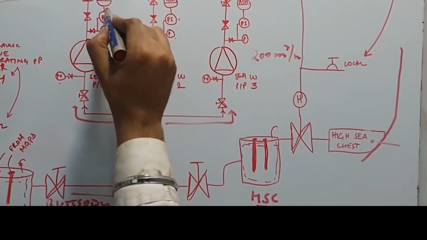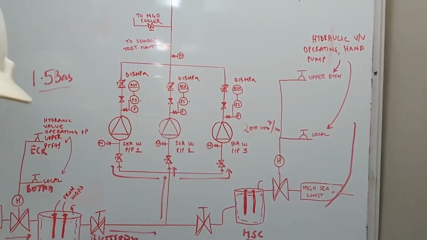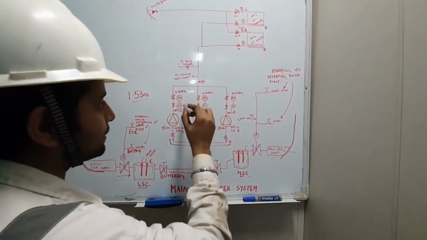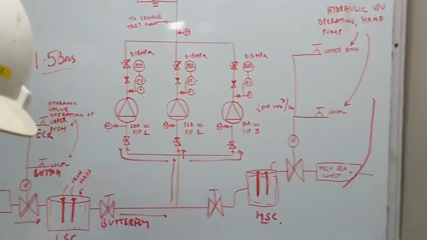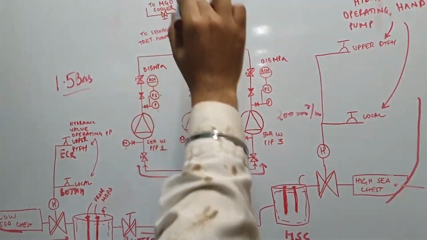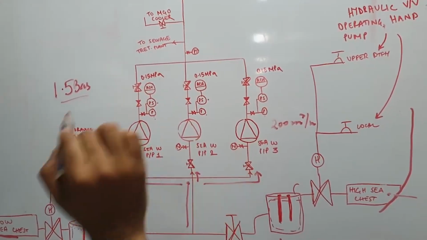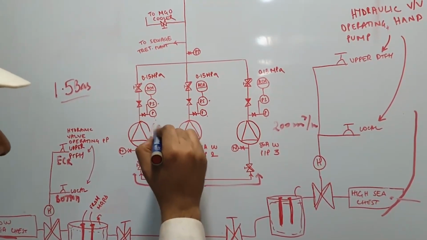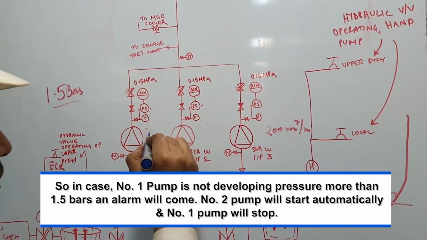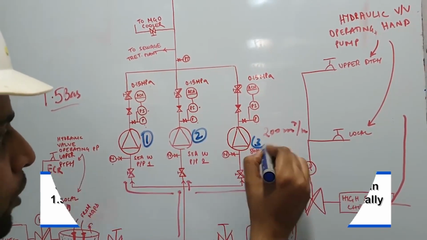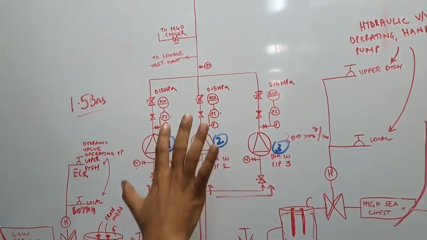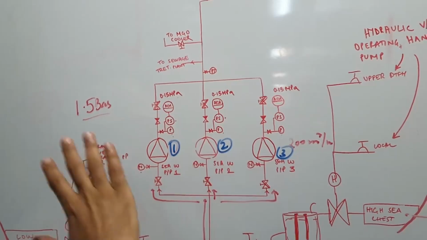So this pressure switch will give a signal to the alarm control system, right? This is the auto changeover mechanism. So it gives a signal to the auto changeover mechanism and says, "This pump is not developing pressure." So automatically the auto changeover system starts the other pump over here. Say this is main seawater pump number 1 and this is number 2 pump. So we do not lose seawater pump pressure. Copy it guys, this is very very important, and we get an alarm. So this pressure switch is fitted so that if pressure reduces, it will automatically start the standby pump.